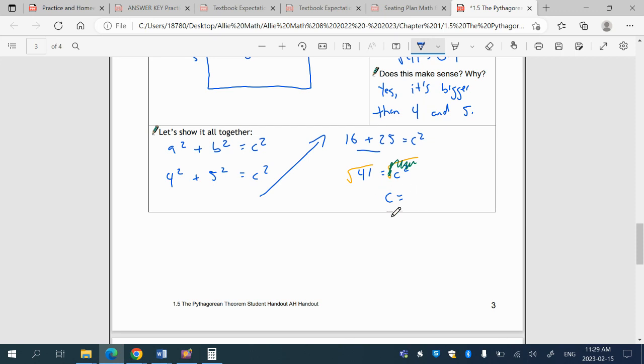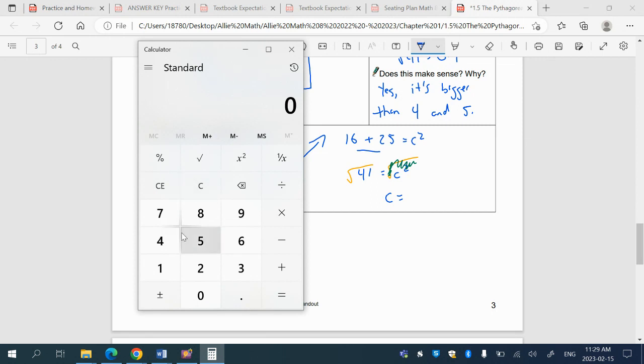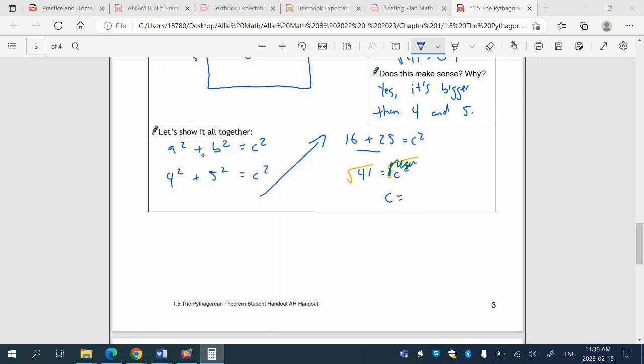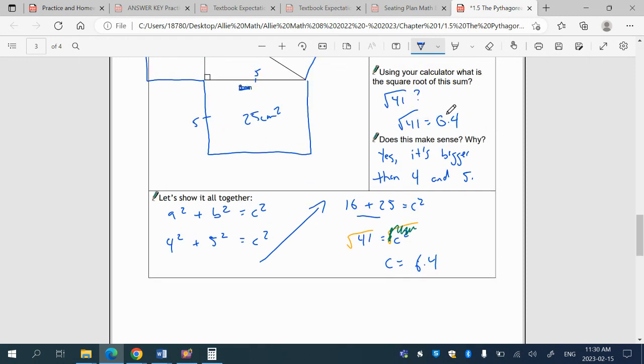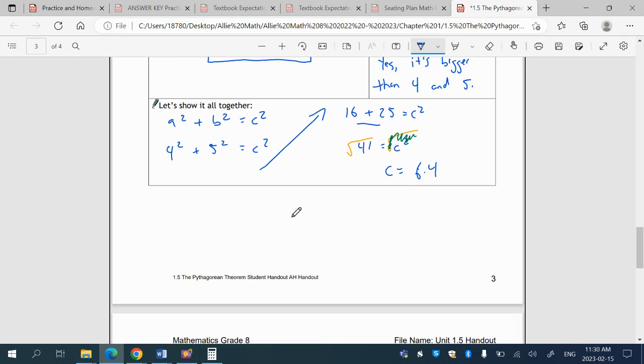All right, we're back. We are finding c equals the square root of 41. Let's put it in our calculator. 41, square root, 6.4, which is what we got right here, 6.4. Okay,